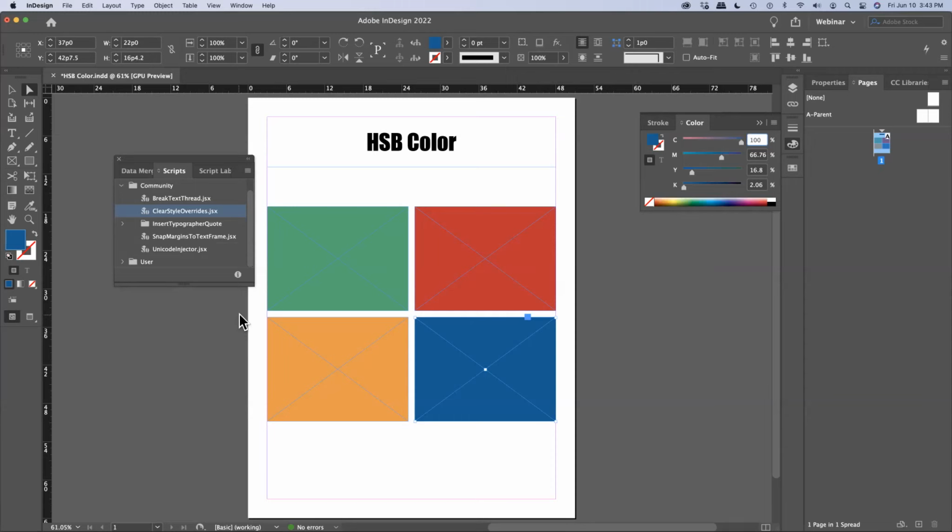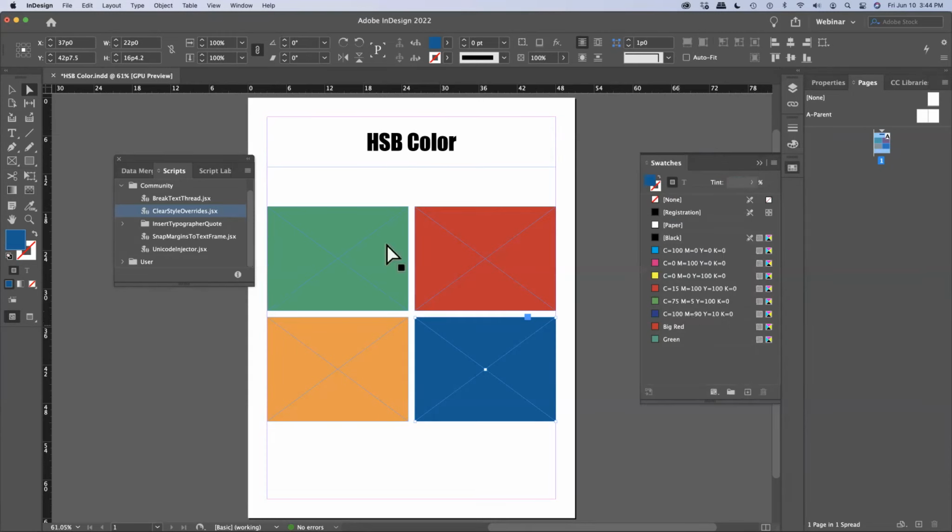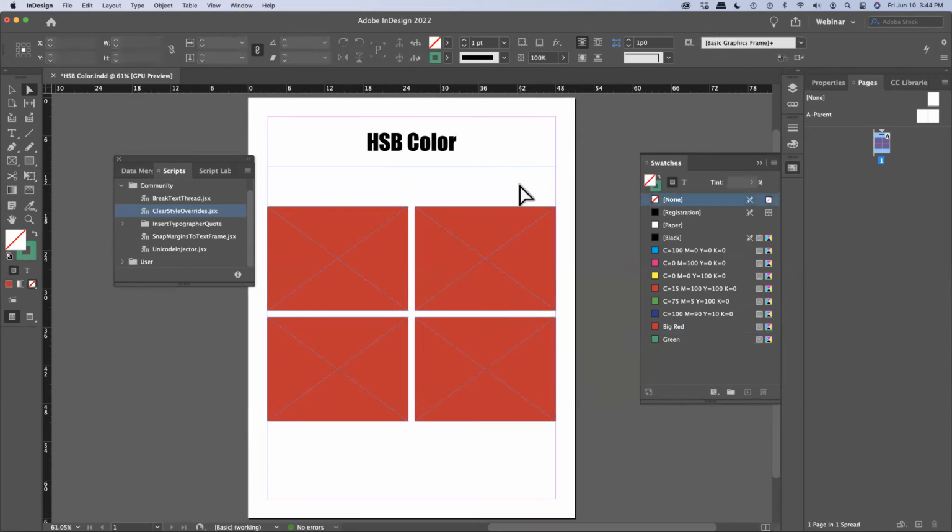But when you're designing, you might not want to change the color. Everything might be the same color. What do you mean by that? Well, let's say I did that. Let's say I selected all these, and I used the big red. Well, one way to get around this is I could use tints, but I don't want to define things. So if I come up here and get my color panel up,